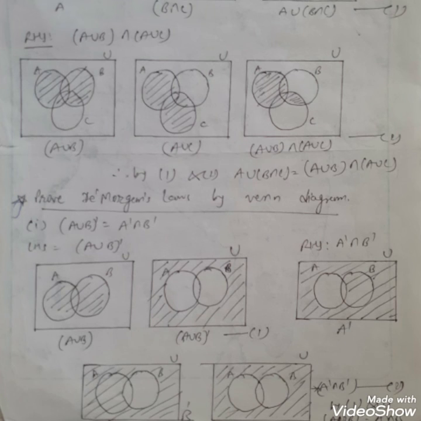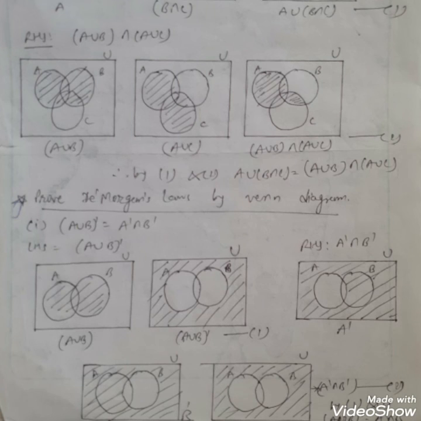Now we take its complement, meaning elements that are in the universal set, in the rectangle but not in the circle. So the circles are empty and the other part is darkened. So it is the Venn diagram of (A union B)'. Then we take A' and B'. A' means A is not possible, all other elements which are in U are possible. So everything except A, the whole part is darkened. Similarly B', then B is not possible, other elements of U are possible. So here B is not darkened, other elements are darkened.